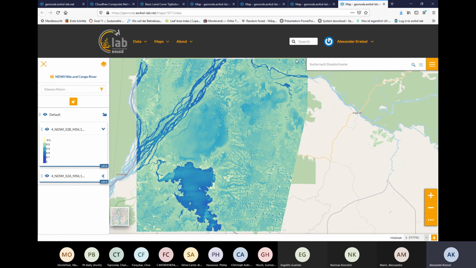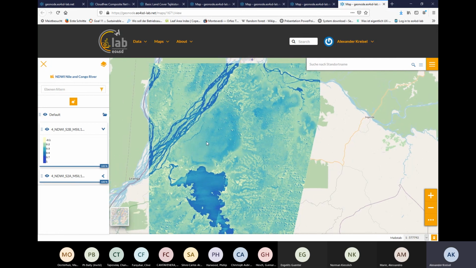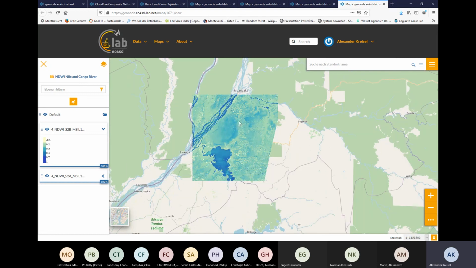So this one shows, for example, the Congo River here, with the tributaries, and also a lake nearby. So this is just a situation of a water body which may be useful for agricultural purposes or for irrigation assessment. But it can also be a generic tool for